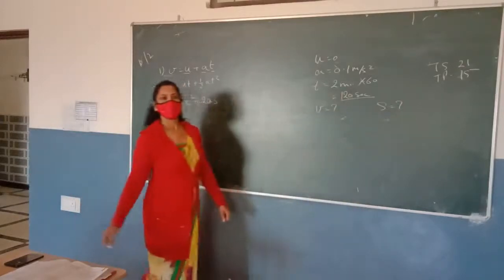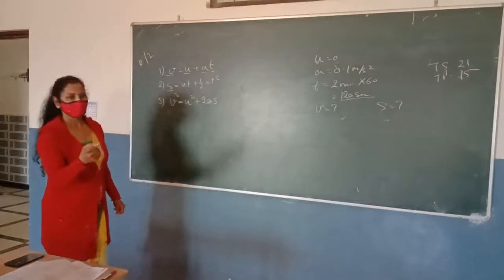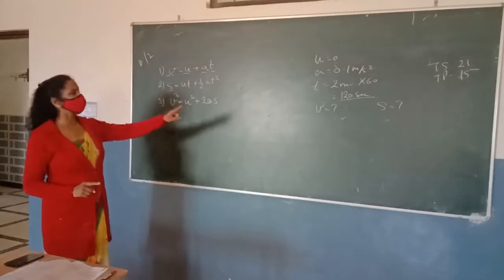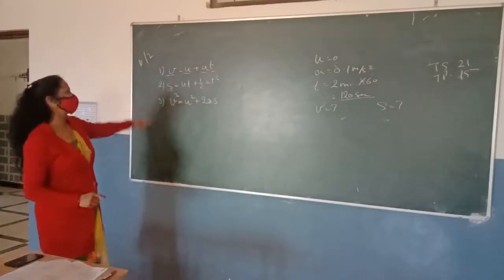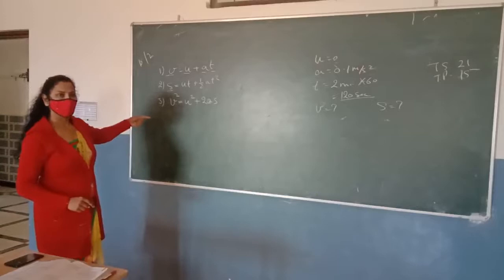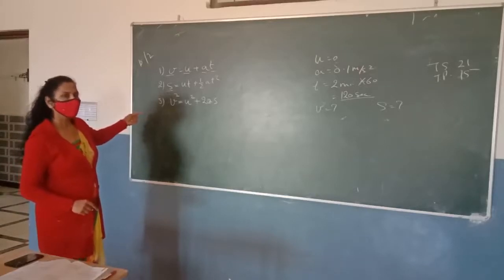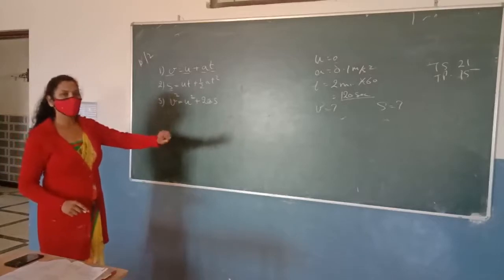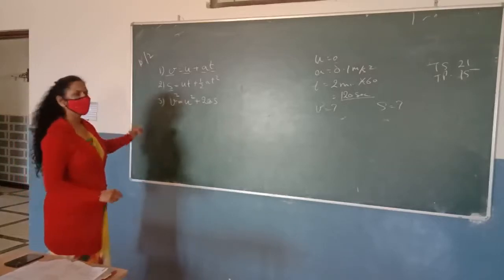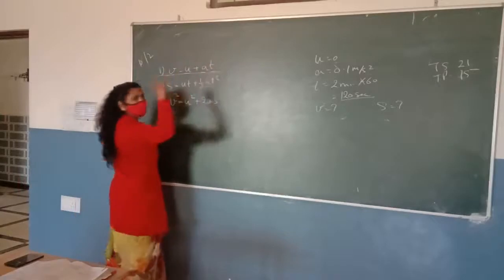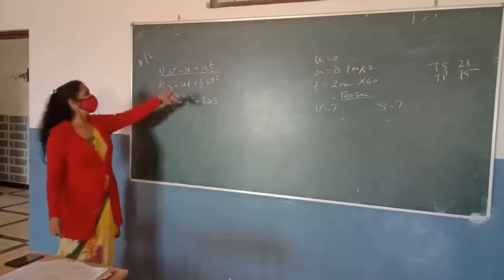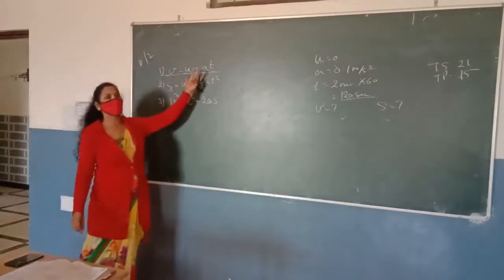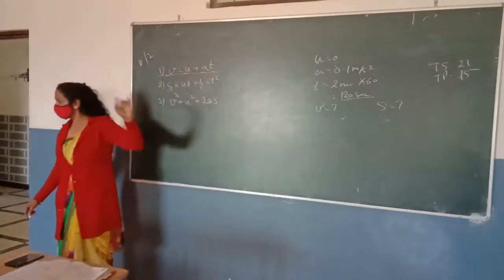Harshita, which equation of motion can we use for finding the final velocity out of these 3? Yes, by using the first equation of motion. Out of these 4 values, we know 3 values. We don't know V. We know u, a, and t. So we can easily find the value of V here.